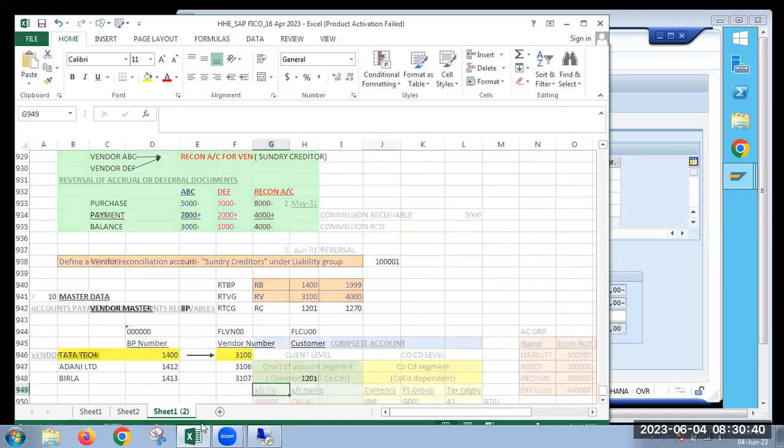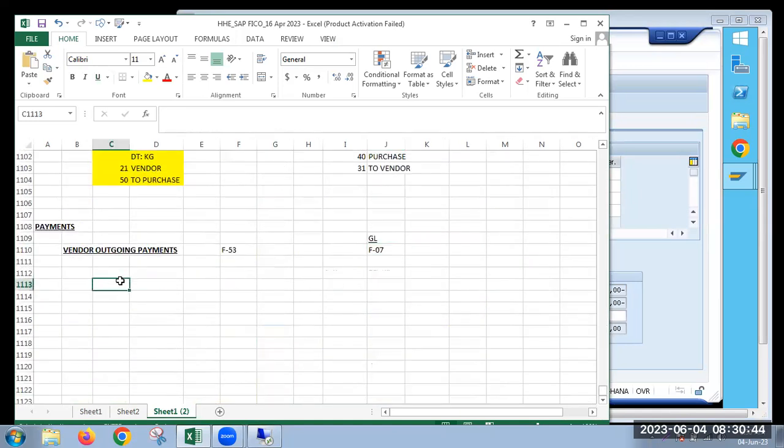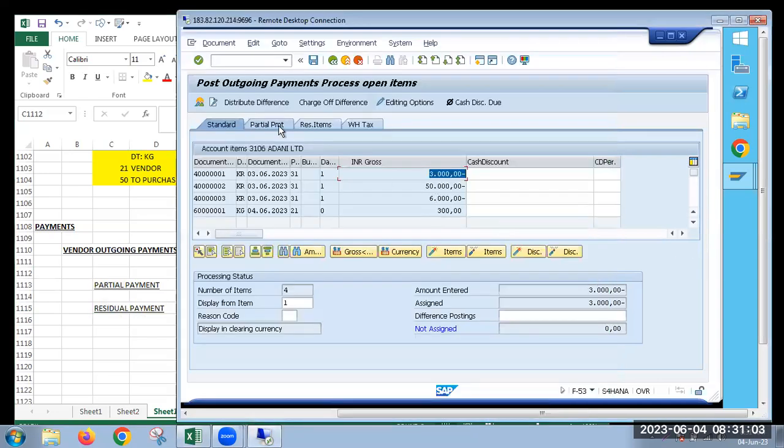So what is the difference between a partial transaction and a residual transaction? There we discussed and saw the differences between a partial entry and a residual entry. Now this is with the full entry, full payment. Here also you can see the tabs are available for partial payment and residual payment. So here, if we make the posting with an equal amount of the entry,